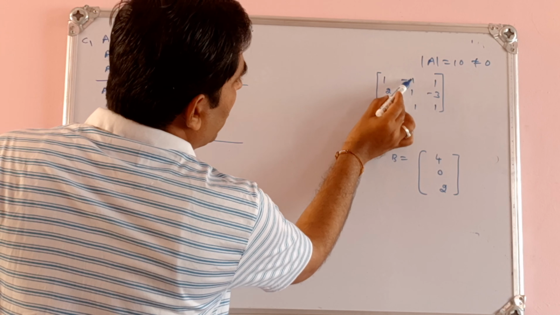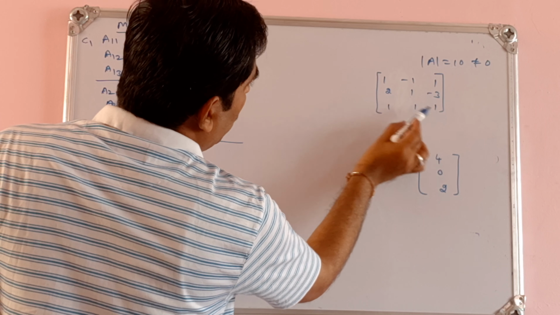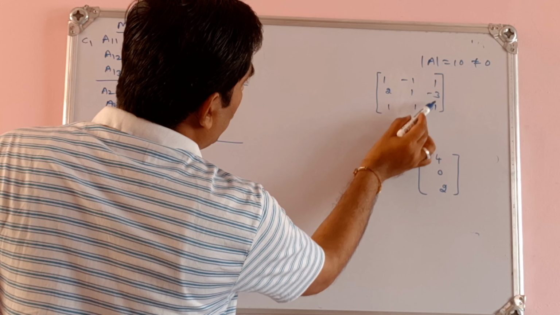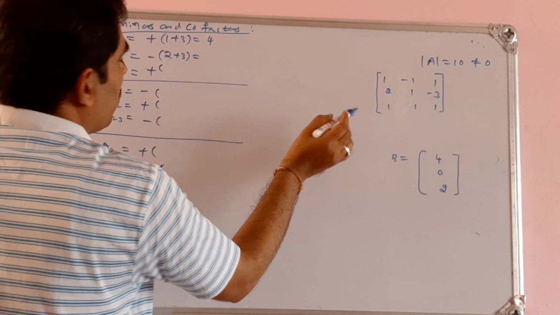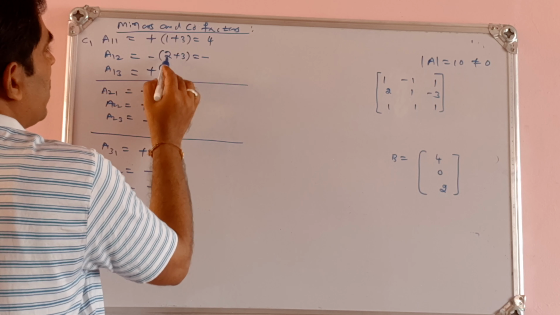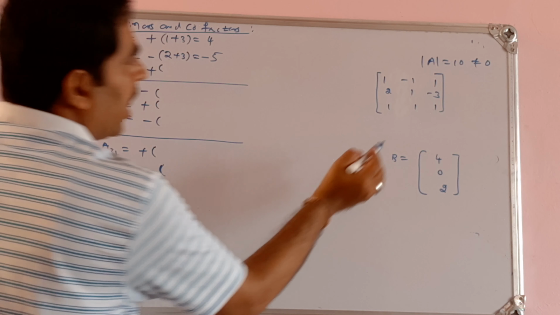Then I move to this element here. See, leave this column and this row. See, 2 1, minus 3 1. See, 2 into 1 is 2, 2 minus of minus 3, that will be 2 plus 3. Whenever writing this, we have to be careful here. Then outside minus is there. 2 plus 3, that is what? 5.